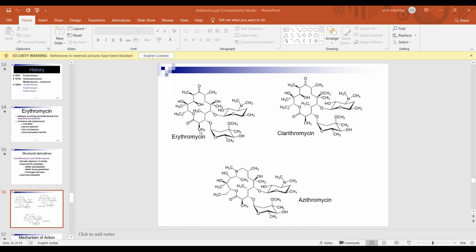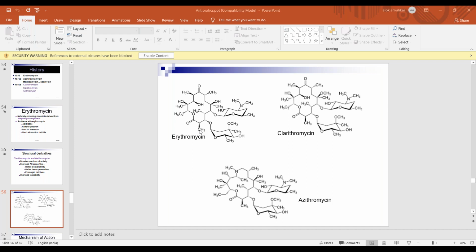Okay, we have written previously there is a sugar part and there is a non-sugar part. So there is a glycone and an aglycone or non-sugar part of the macrolide antibiotic, and this aglycone part of these macrolide antibiotics should be a highly substituted macrocyclic lactone ring structure. And the third and last point in the SAR for macrolide antibiotics is that the deoxy sugar is glycosidically attached to the aglycone ring.